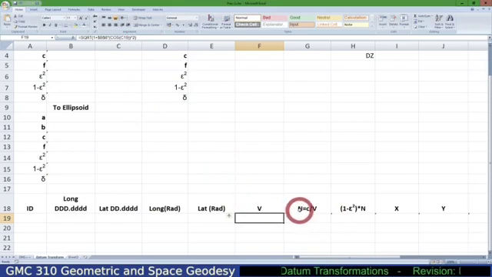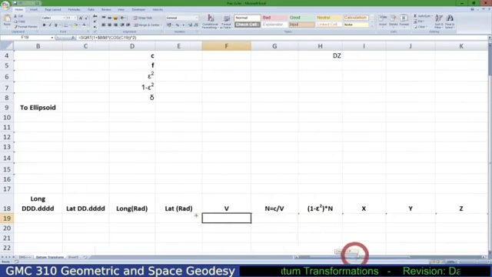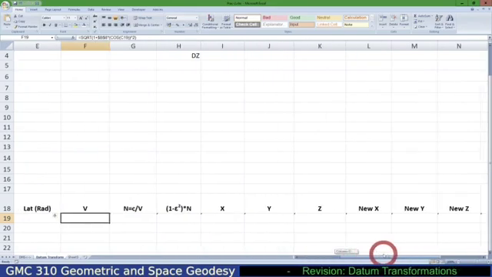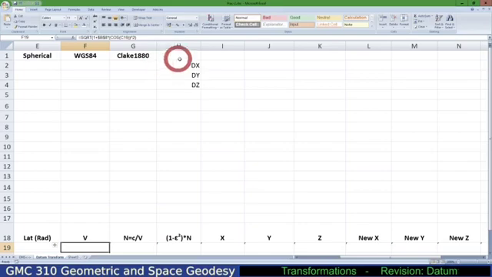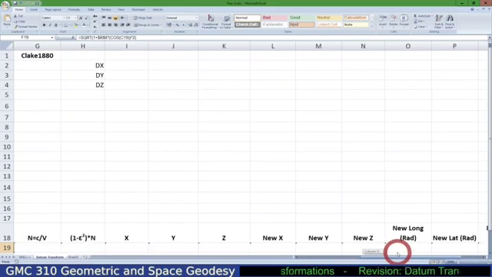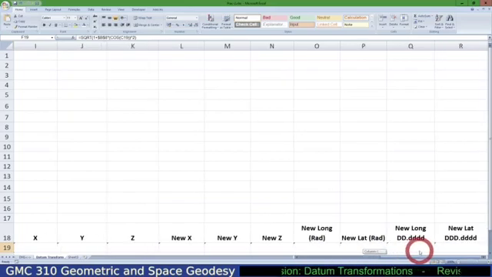Similarly, we've calculated n as c over v. You've got the c over v over there, and you've got the v over there, because remember, v is dependent on latitude. And you can also calculate the m, which is 1 minus epsilon squared times n, and obviously now you've got 1 minus epsilon squared calculated over there already, so that becomes fairly easy. And from there you can calculate the x, y, and z, and then over there I've had dx, dy, dz, which you can apply over here, and you have a new x, new y, new z, and then you can use the inverse